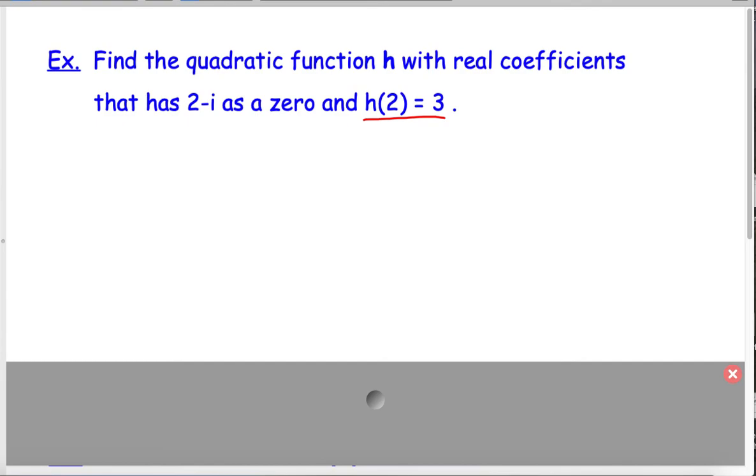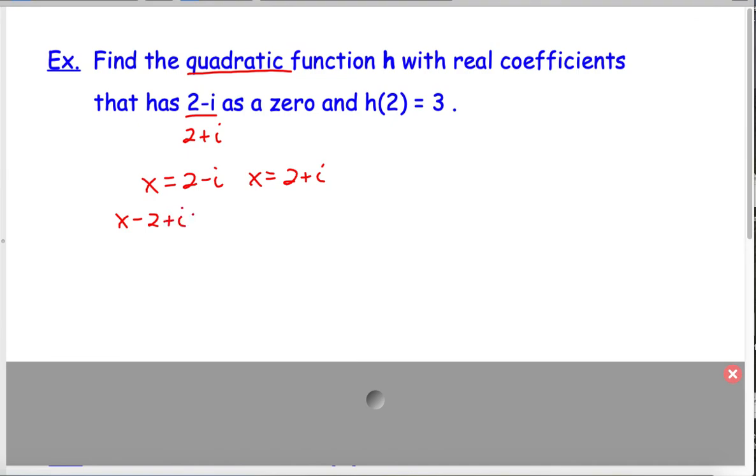So we'll worry about that later. Let's focus on what we're trying to do. We need a quadratic. We know 2 minus i is a zero, therefore 2 plus i is also a zero. So I have x equals 2 minus i and x equals 2 plus i are both zeros, so x minus